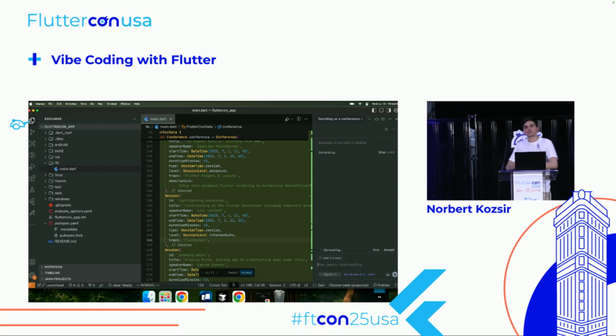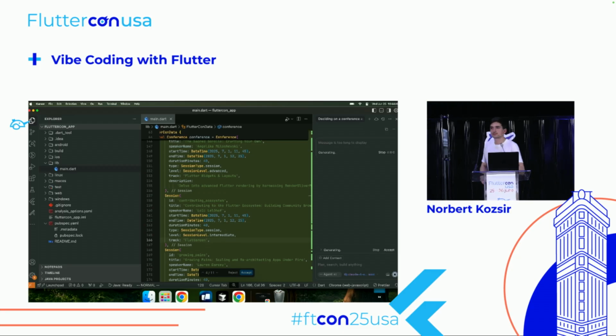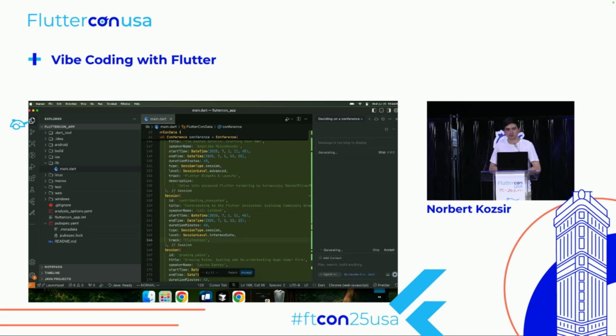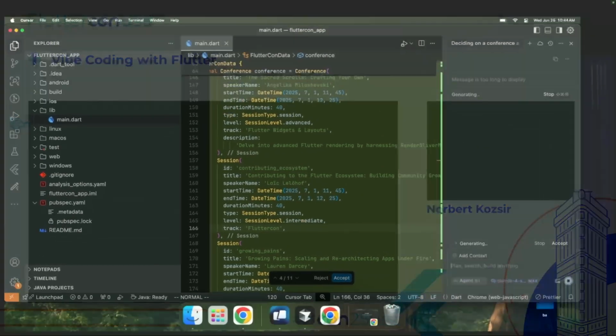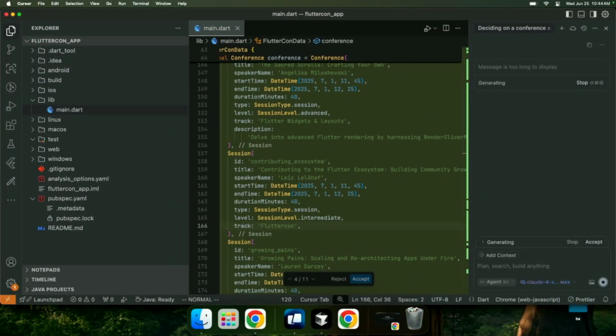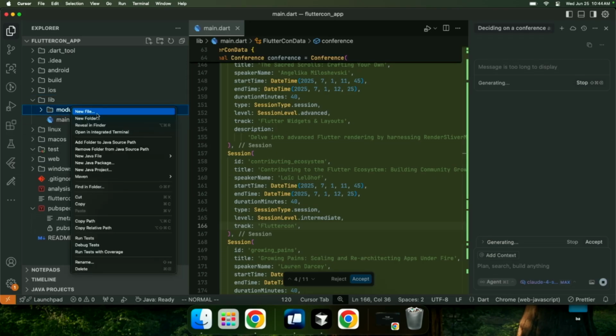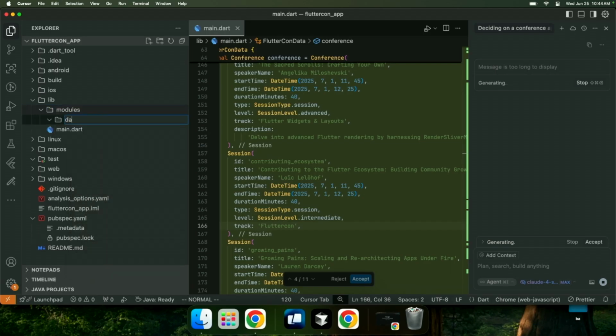So architecture. Right now it's just putting everything into main, but we need to figure out what we want to do in terms of architecture. We can think of that in a minute when it is kind of working. What I'm thinking is a very simple feature first approach. I was thinking of using auto router for very simple routing, and honestly nothing too fancy. While it is generating, let's create a folder structure. I like to call something modules. We can have dashboard. We have something like a details view.